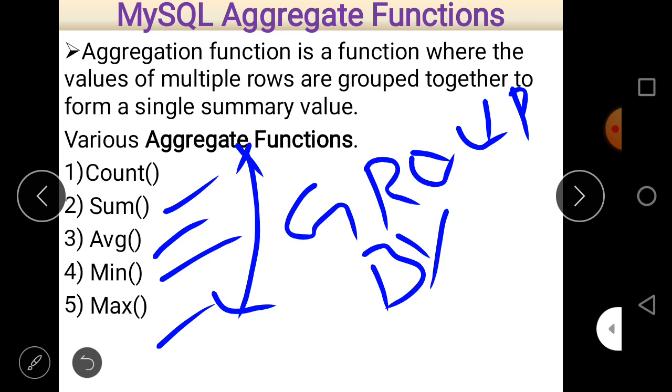There is definitely a question in our examination to implement the aggregate function using the GROUP BY clause, or there may be questions where the output is given and you have to write a query for that, if the table data is also given to you. Those are the basic important questions regarding aggregate functions. So aggregate functions are over here.